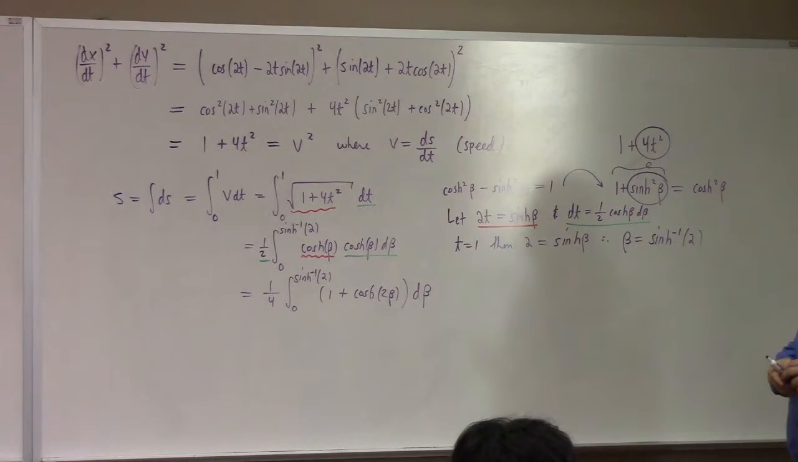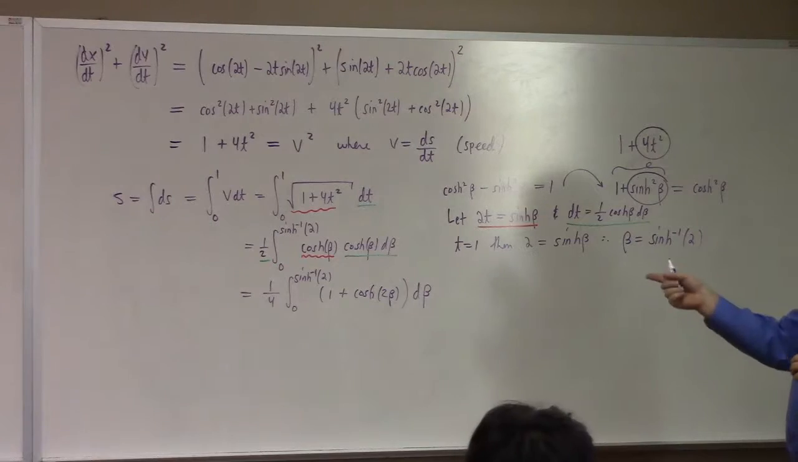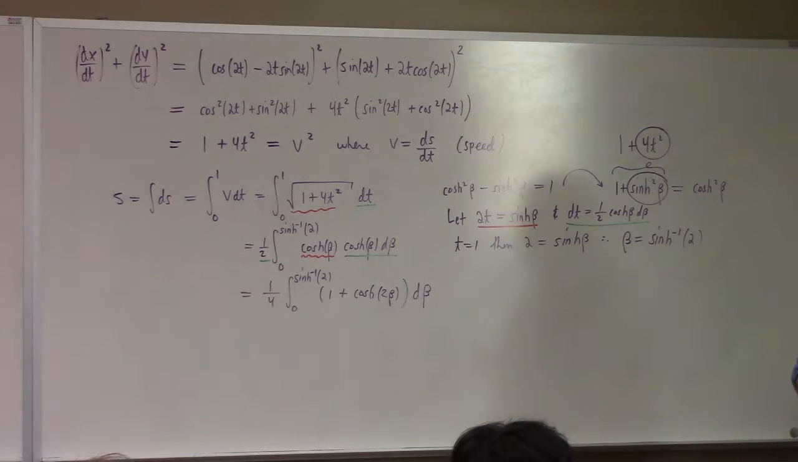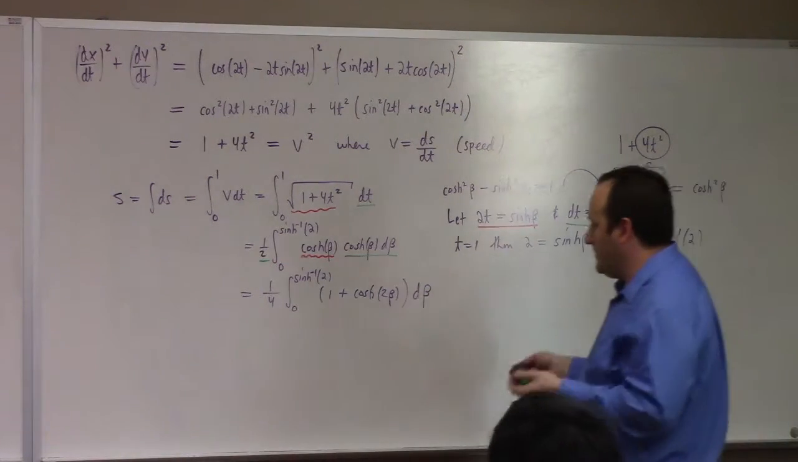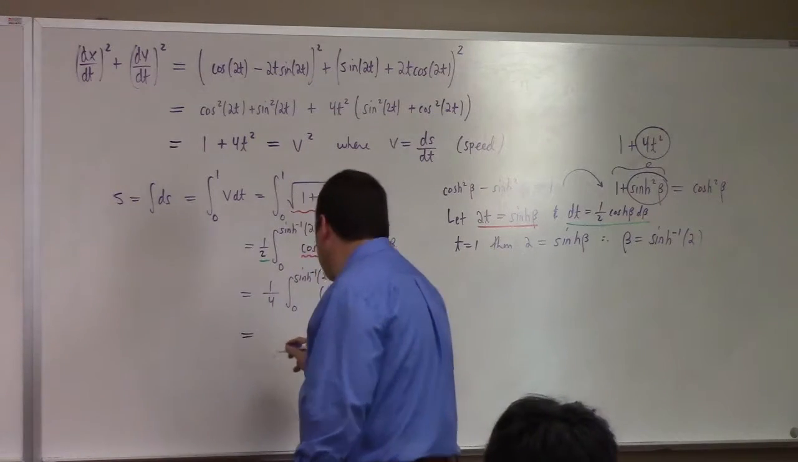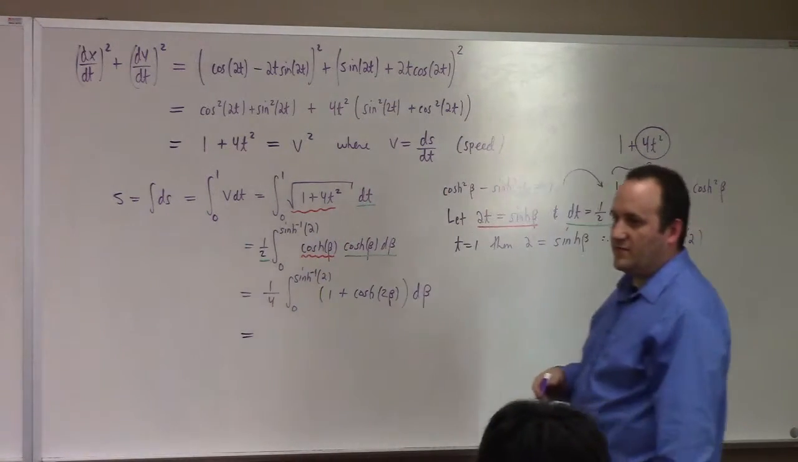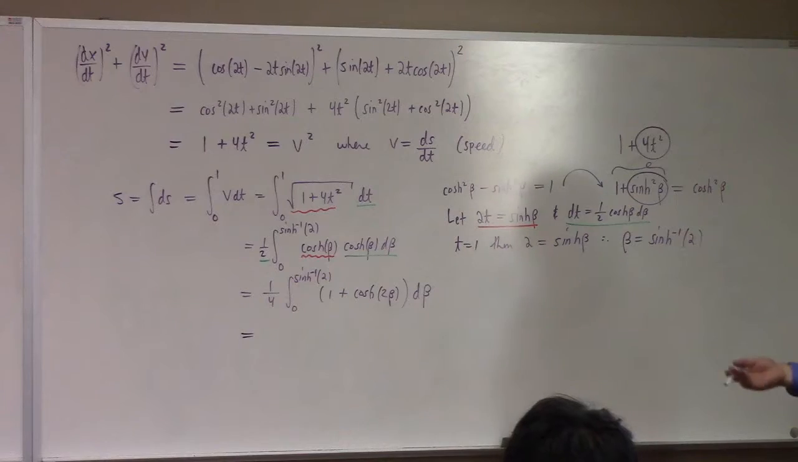I pulled the half out to give me a fourth, because a half times a half is a fourth. And now I integrate. But before I integrate, does that make more sense? I mean, it's been a while since we did these, but